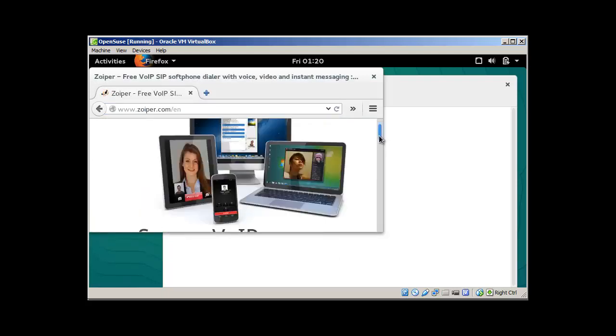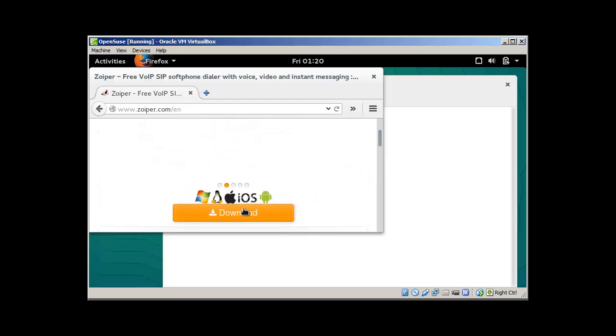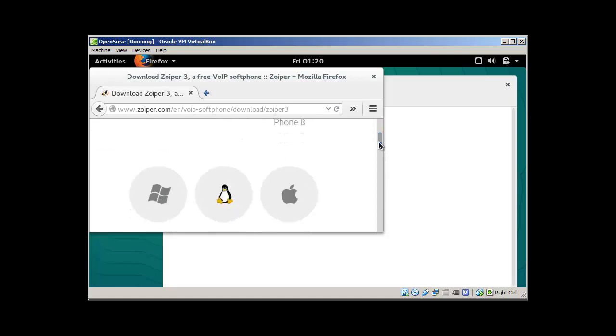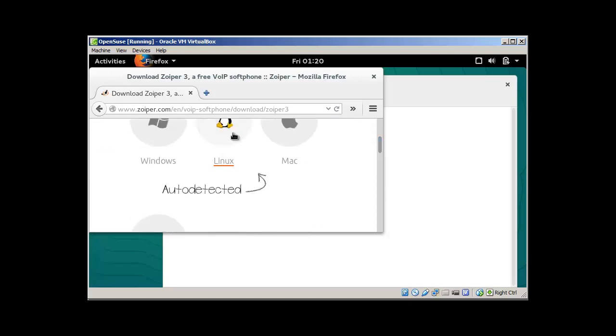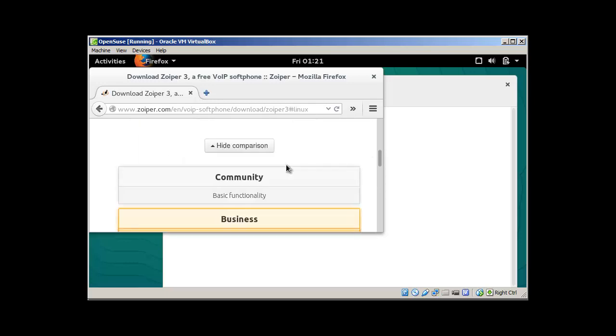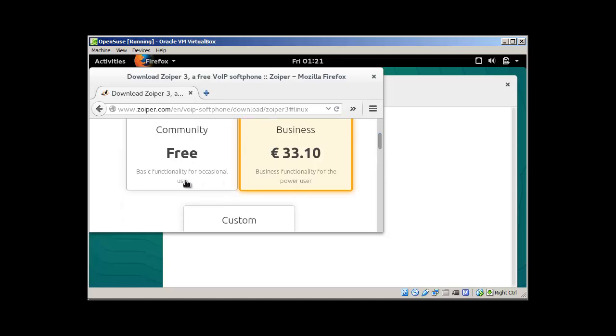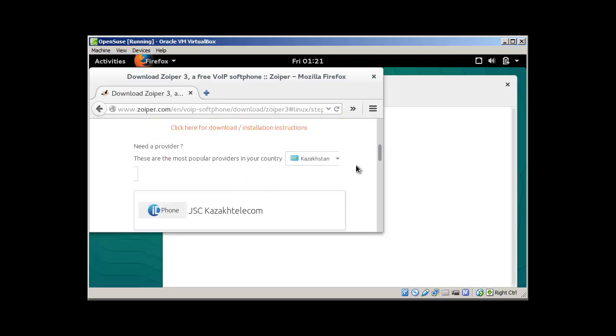From here I selected this download. Okay, and it will automatically detect your system, so you can see that it has detected Linux, and then I'll click on Linux, and then it will ask me for what kind of edition I would like to download. I selected this free community edition, and once I have selected this, it will just automatically give me the link,